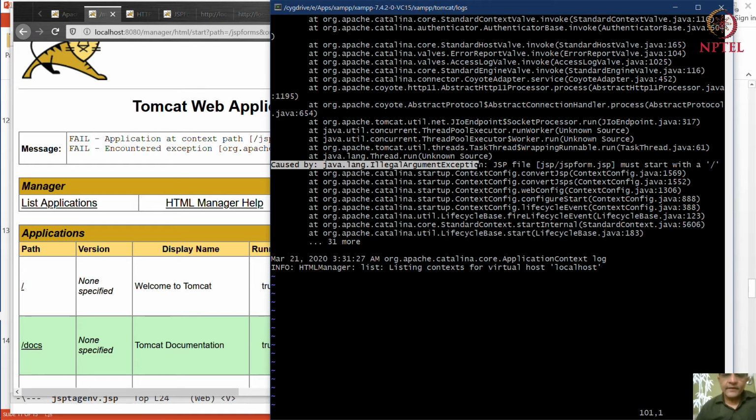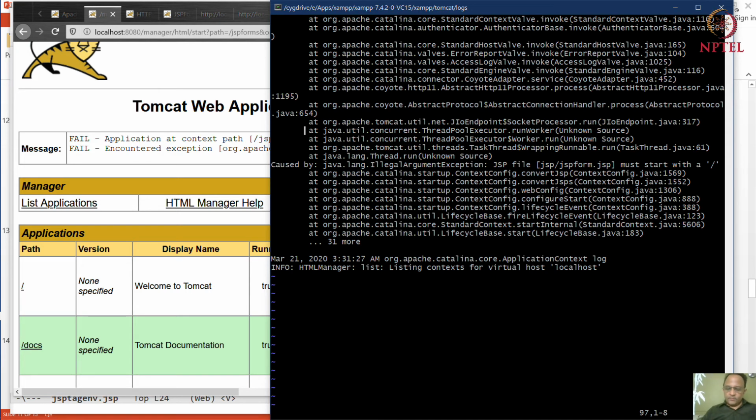So this is one of the bad things about this whole system, by the way. The Java errors are so voluminous that figuring out what to pay attention to is tricky. And here it says very clearly that the JSP form path must start with a slash. So a small mistake in the configuration is not so easy to get checked, and instead you get this giant mess after deployment.